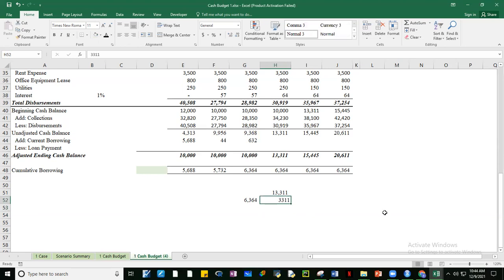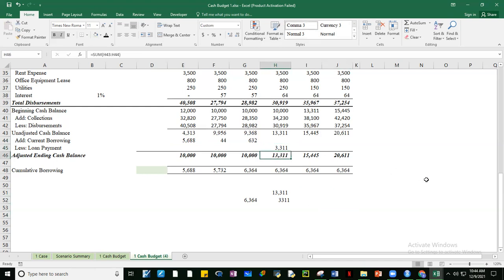So ito babayaran to, no? So what will happen now? Okay, in other words, guys, ganito, no? Okay, so magbabayad tayo ng 3311 sa April.